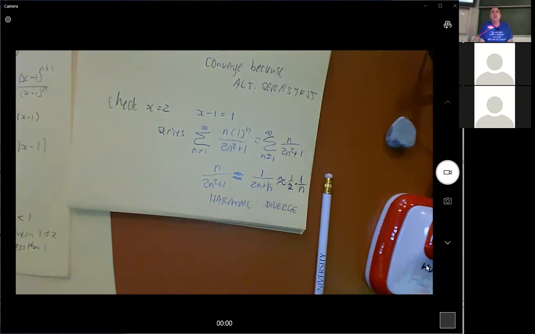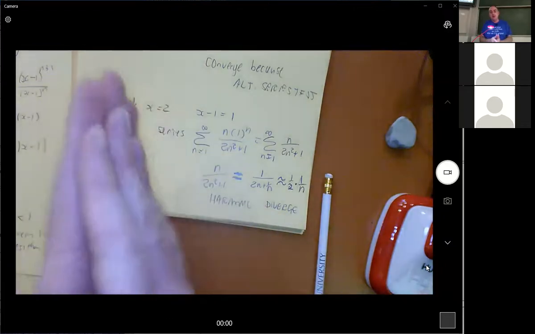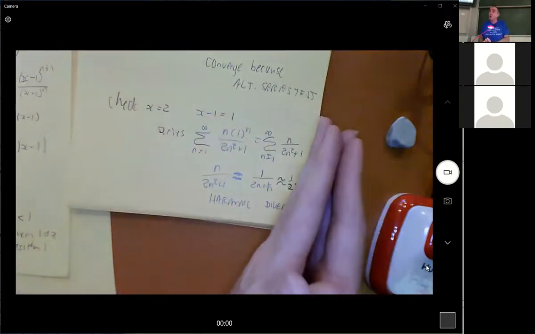Because the terms going to 0 is not enough to make it converge. It has to go to 0 faster than that. The harmonic series is the classic example of it. If you add a half plus a third plus a quarter plus a fifth,